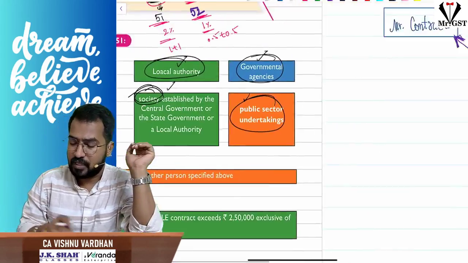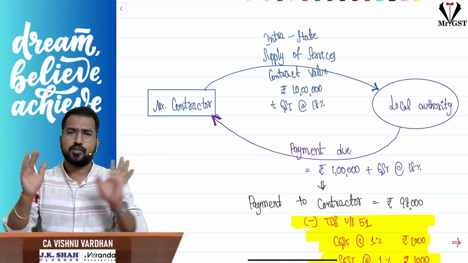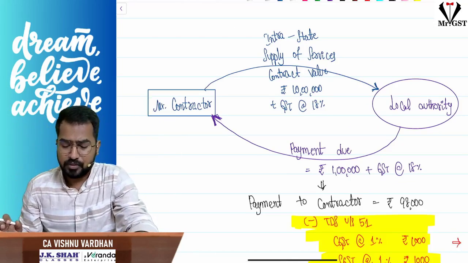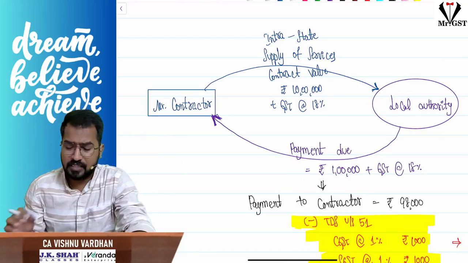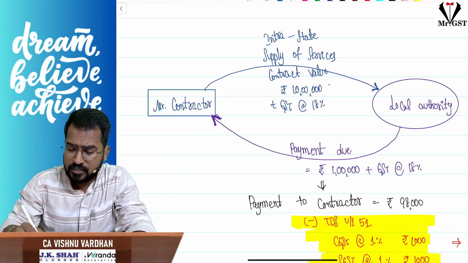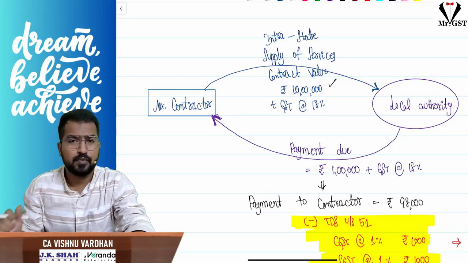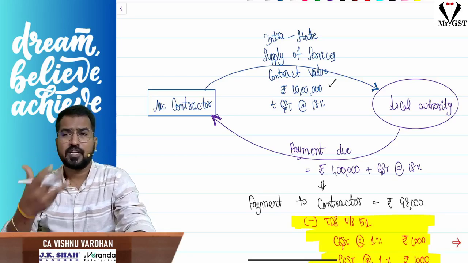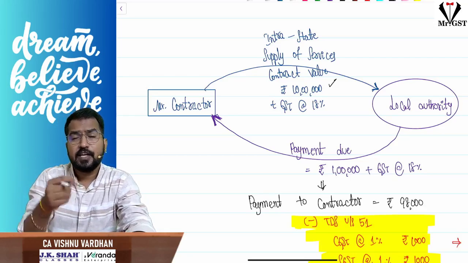For example, I am a contractor who got a contract to construct a road with a local authority or some government. The contract value, let us assume, is 10 lakhs. It is greater than 2,50,000. Now because the contract value is exceeding 2,50,000, please understand, every time the local authority makes a payment to me,